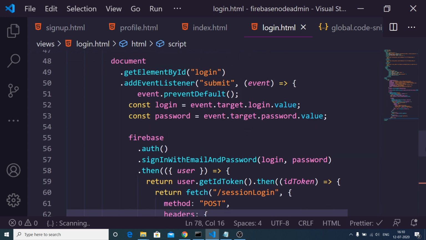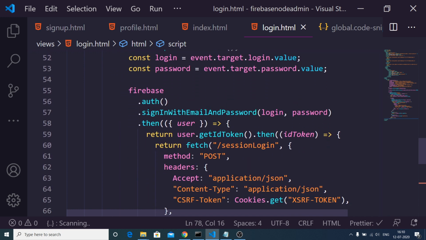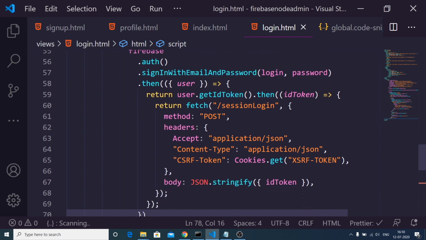you can see that we are taking the email and the password, we are taking the values, and then we are using this method which is sign in with email and password. We are passing the email and password, and then a user will be returned to us. We are taking the ID token, and this returns in the promise the ID token of the user.